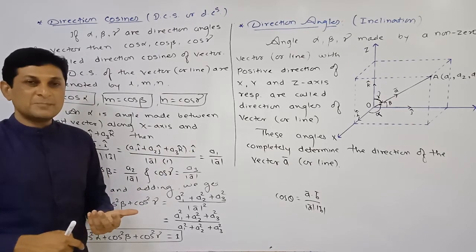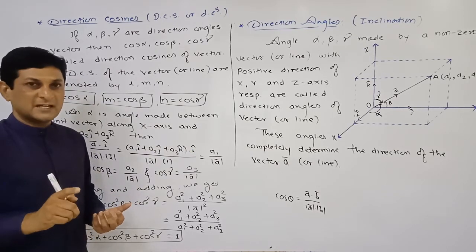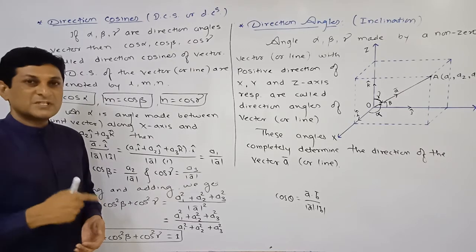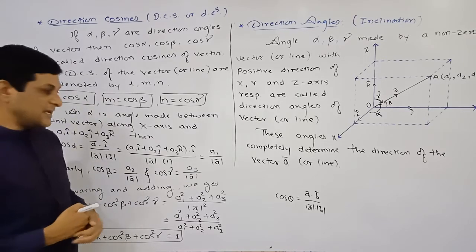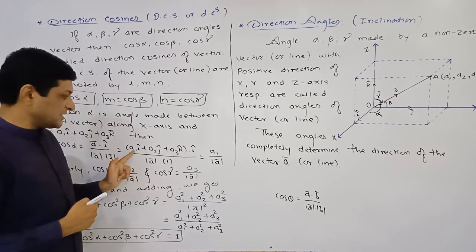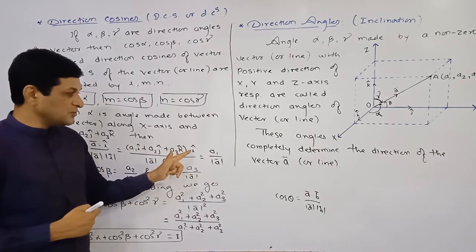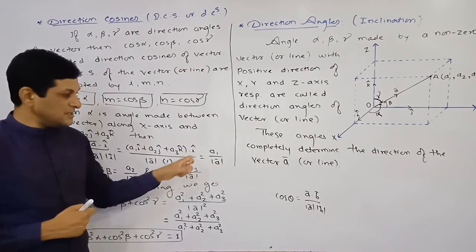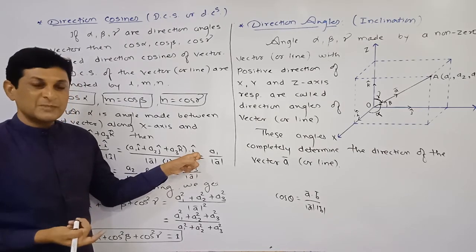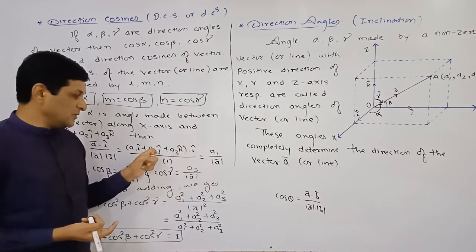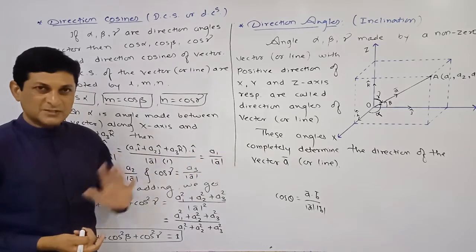If two vectors are represented in Cartesian form, at that time, how to find out dot product? First take the product of coefficient of I cap. Here coefficient of I cap is a1 and here coefficient of I cap is 1. So a1 into 1 will be equal to a1. Here term of j cap is absent, means its coefficient is 0, and 0 into a2 is what? 0, so not necessary 0.